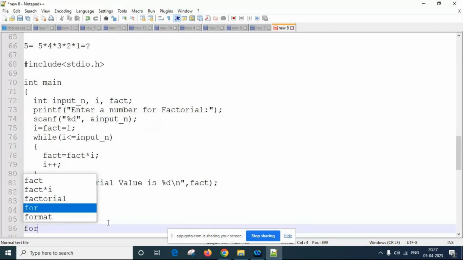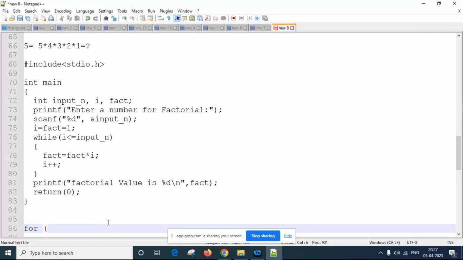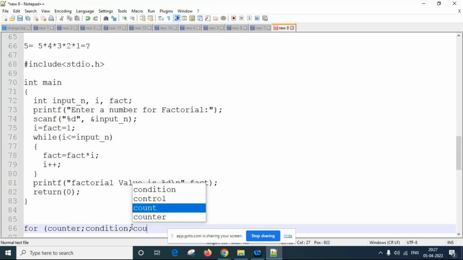So the for instruction format will be like this. We can say counter, increment.